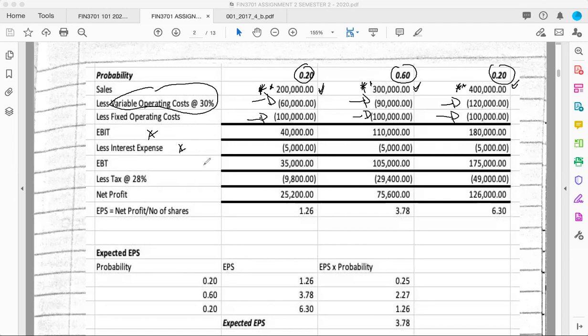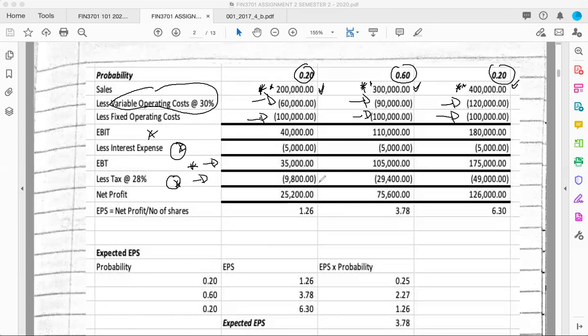Then we subtract our interest expense. So you see, if you've calculated your interest expense before, it makes life easier for you. You now just subtract the interest expense that you will have calculated before in those calculations I showed you. If you subtract your interest expense, you then get your earnings before tax, which is 35, 105, 175. If you subtract your tax at